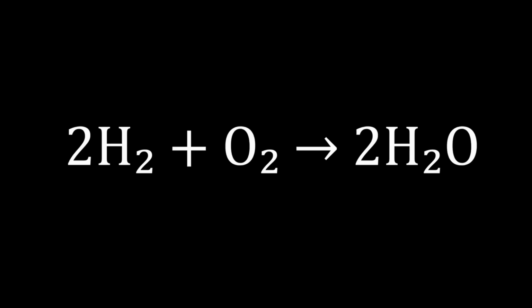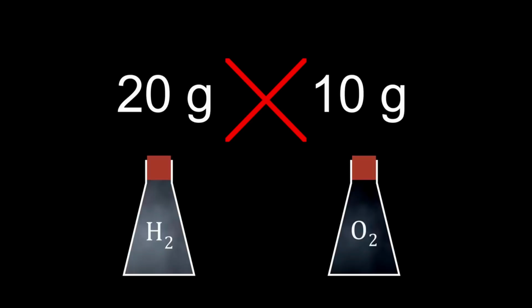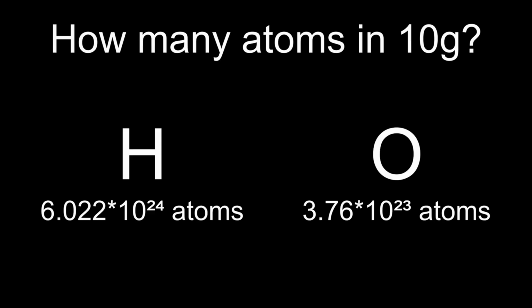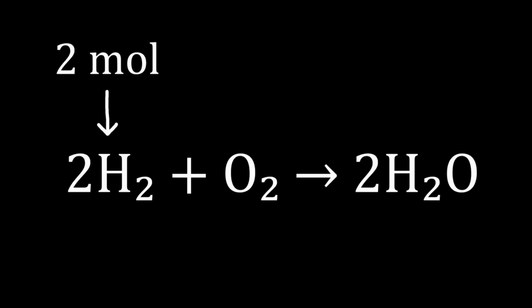Okay, but if you wanted to make this reaction happen in a lab, how would we know that we have exactly twice the amount of hydrogen compared to oxygen? You can't just take 10 grams of this and mix it with 20 grams of that, because the atoms don't weigh the same, so 10 grams of both contain a different amount of particles. What to do? Just look up the atomic mass of the reactants and take that amount in grams. You'll get exactly this amount of particles. That is 1 mole, which is just an amount of something, kind of like a dozen. In other words, we can interpret the reaction as 2 moles of this react with 1 mole of that,